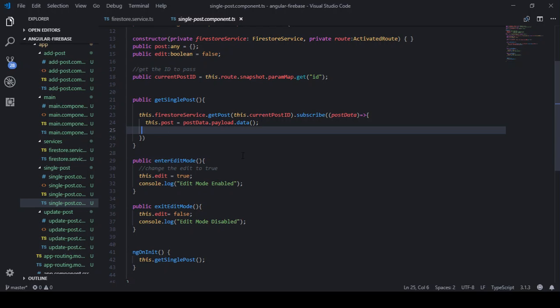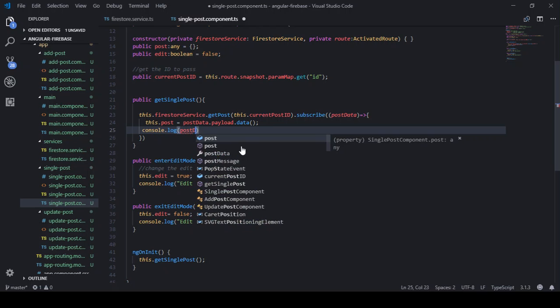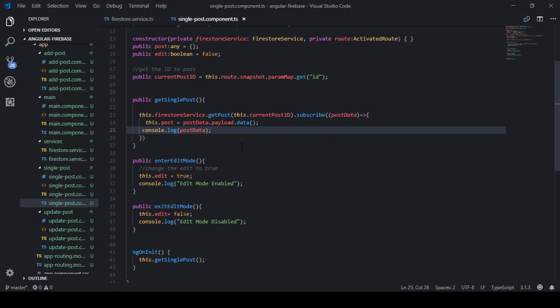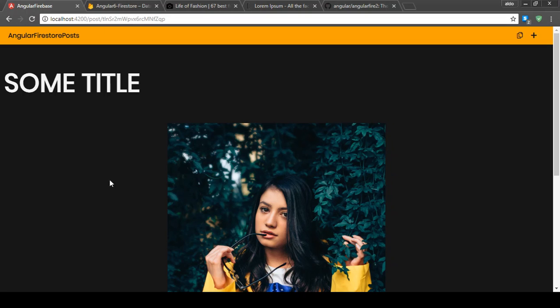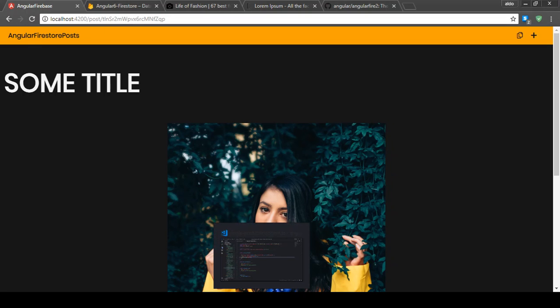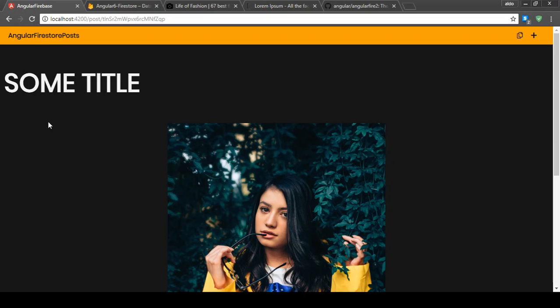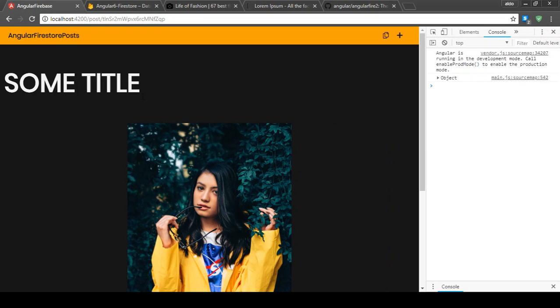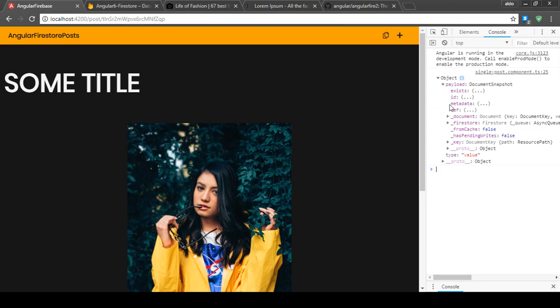So let me also log this so you can check it out. This post, or maybe let's console log post data. Log. Okay, just that. So I'm consoling. I think I'm consoling here, right? It's an object with this payload, and this payload,